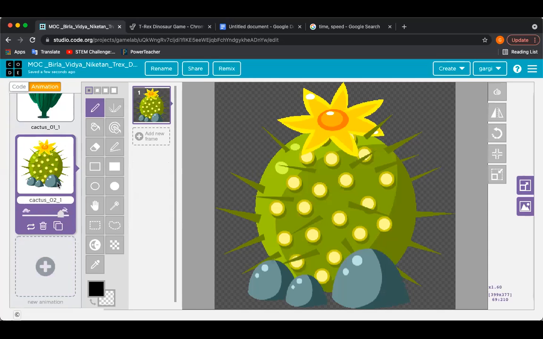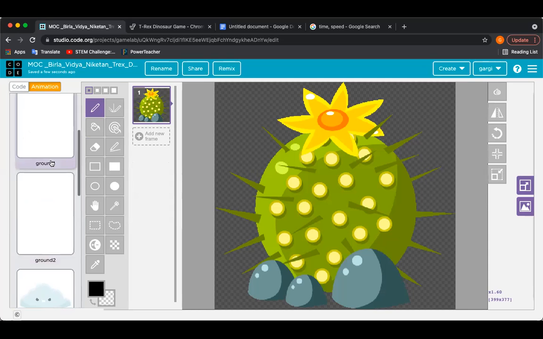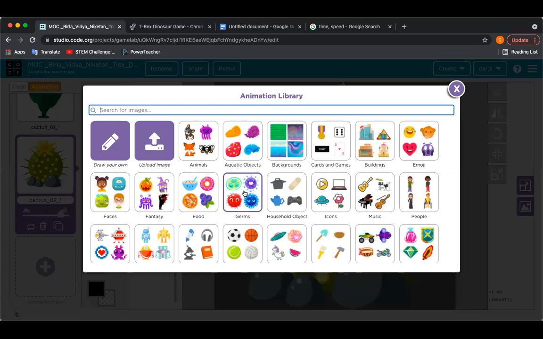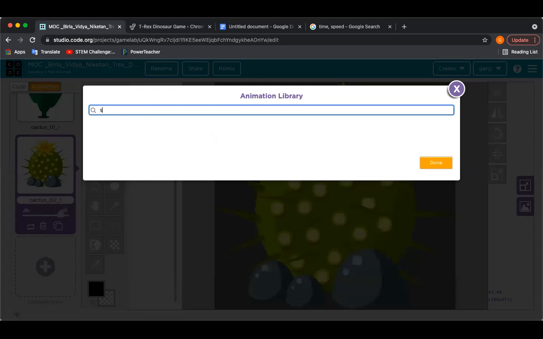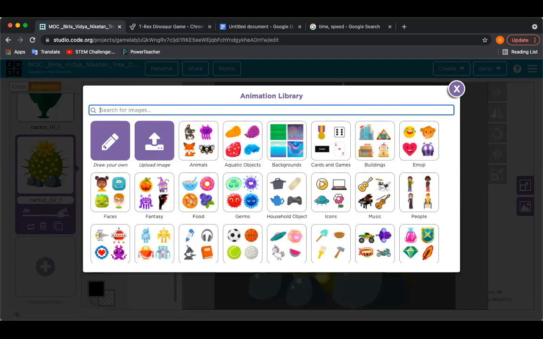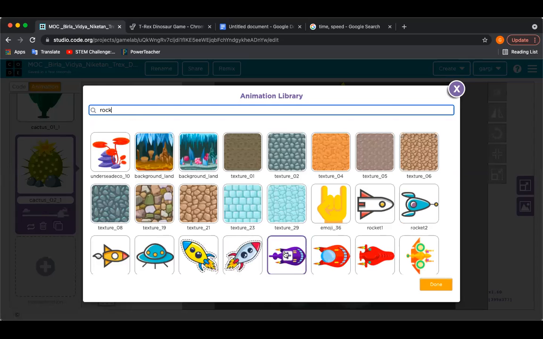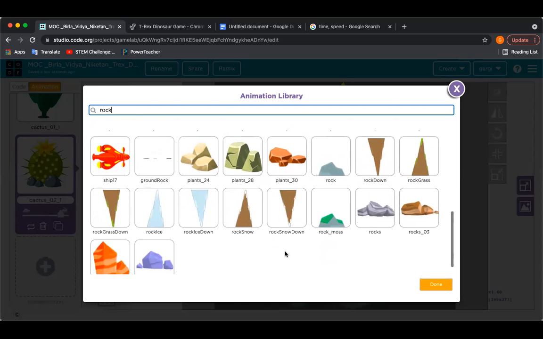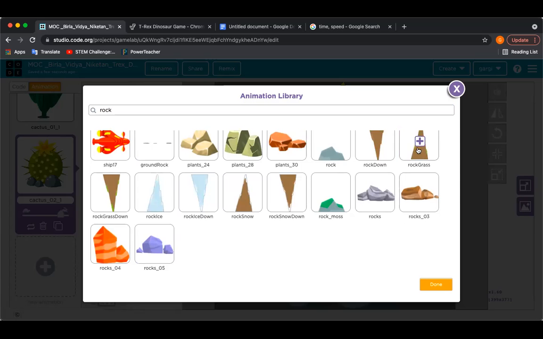Okay, I've added 3. You can add 3 more. Total 6 obstacles we need. So let's see, stones, rock. Yeah, we do have rock. Let's use this one, this one.